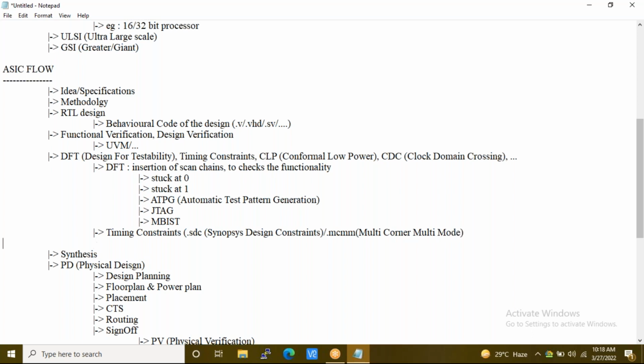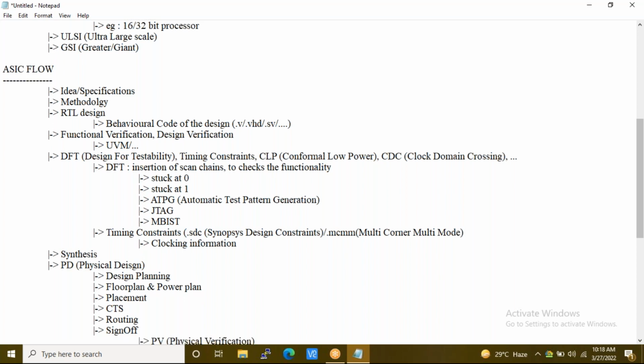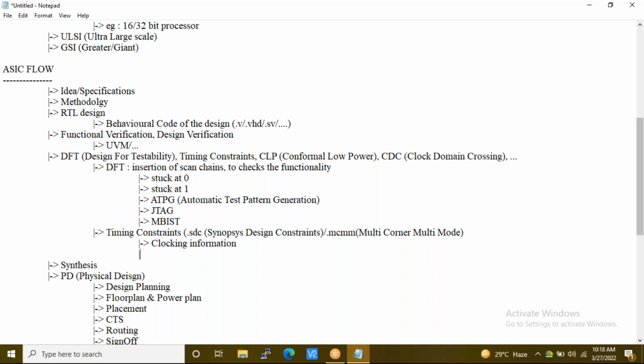Okay, so in which the clocking information. When we are talking about clocking information, that is like 120 gigahertz or 120 megahertz or 1 gigahertz, whatever the frequency we are telling, that we are providing in that particular constraints file. I'm not going in depth of it because you might get confused if I go in depth right now. So just keep it as majorly timing related information, and also in a few cases you will be having the area information as well in the SDC files.